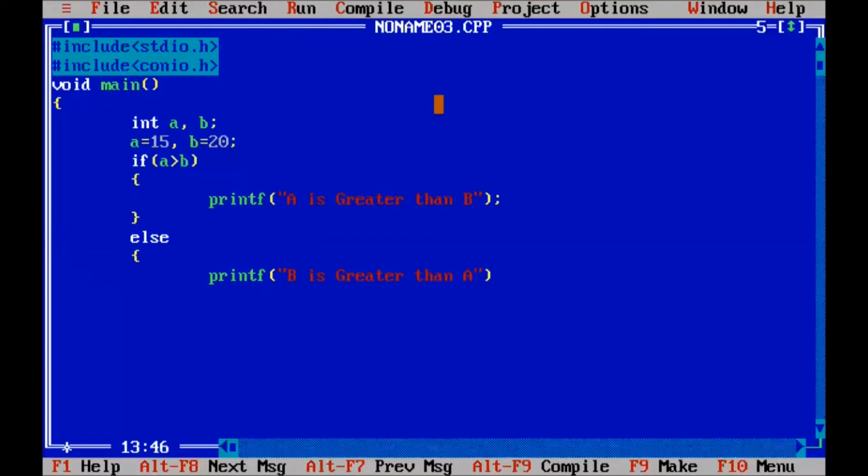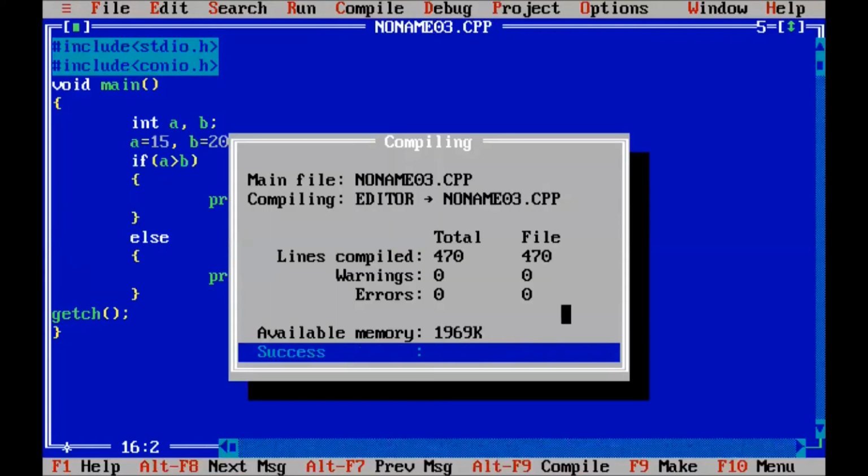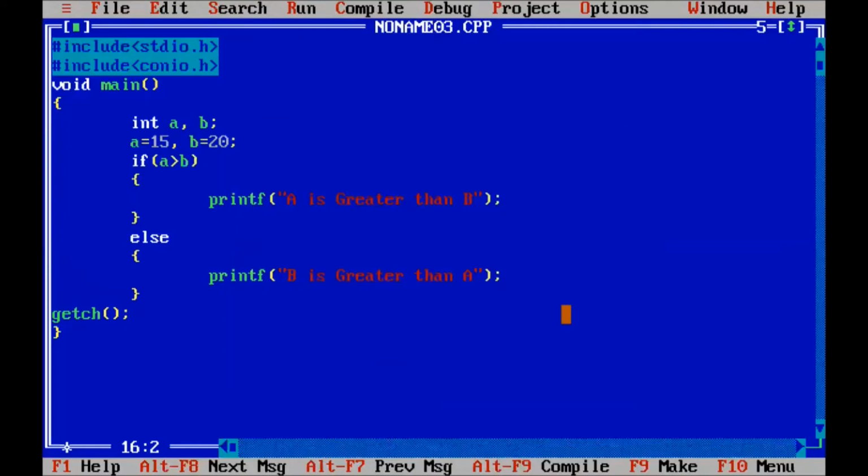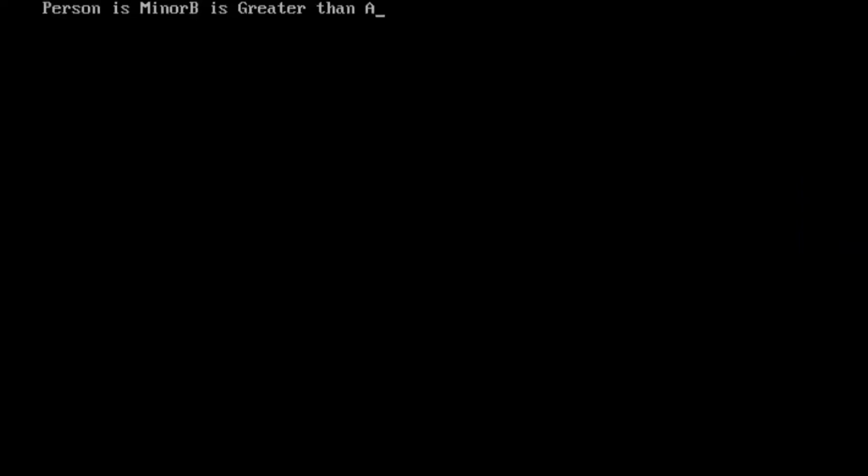We close this curly bracket, and we also close the main function curly braces. So we compile this program. There is no error, no warning. So we run the program. Okay, so b is greater than a.